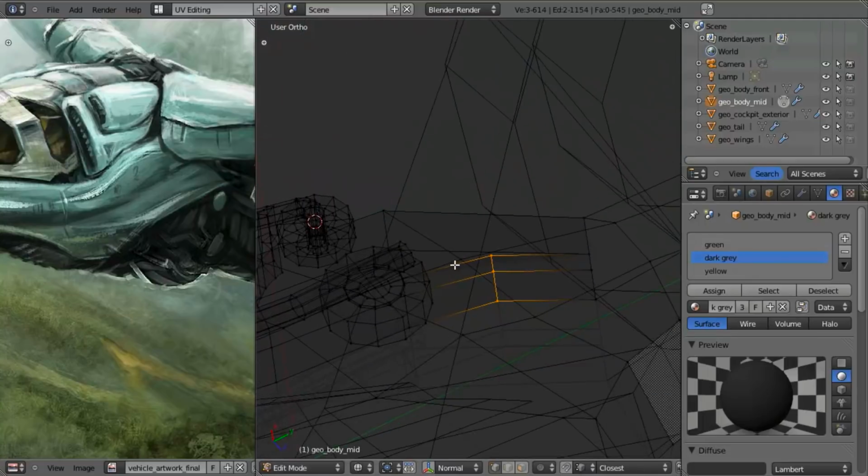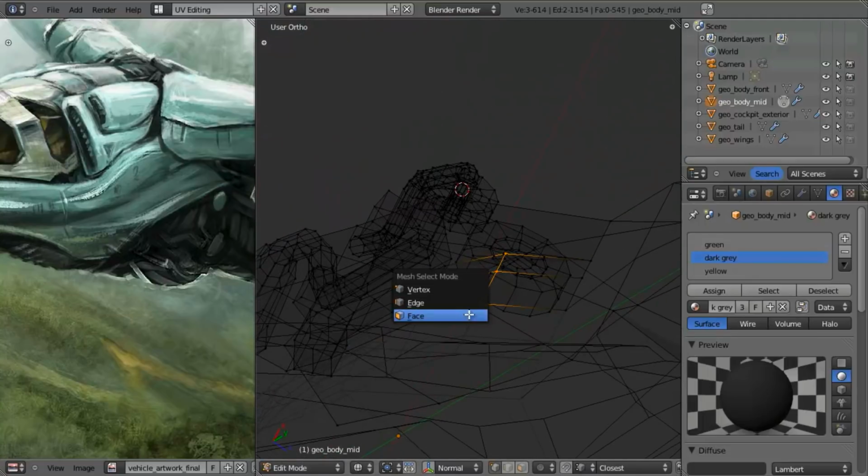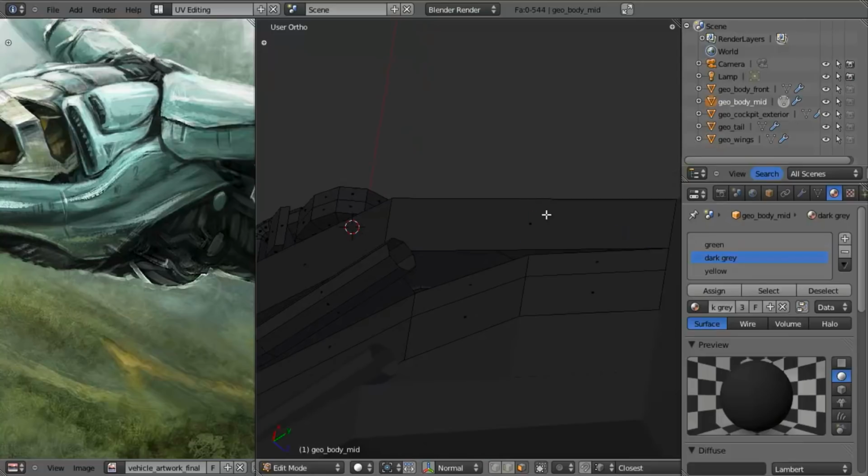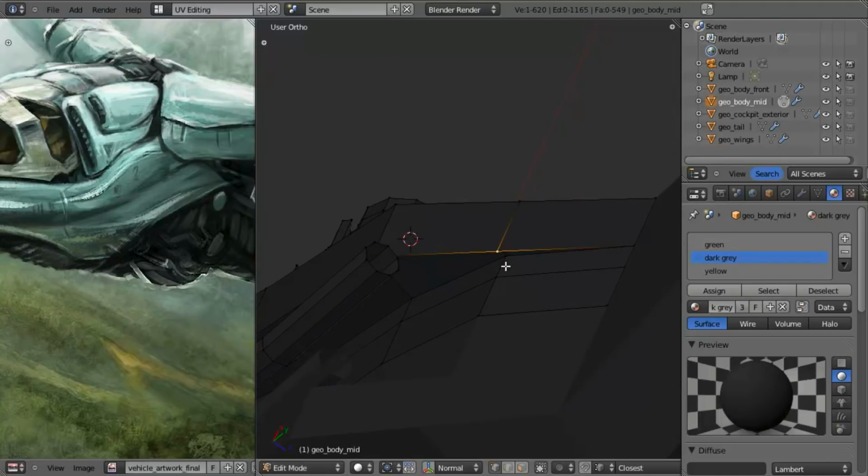right there. And what I want to go ahead and do is, you notice that if we go into face mode, this is a solid face, but it's really distorted, which will tend to cause us some problems. I'm going to hit X, delete the faces. Then I'm going to add in an edge loop right here by hitting Control R. I'm going to move it up to about right there, hit Control Tab, go back to vertex mode, select these